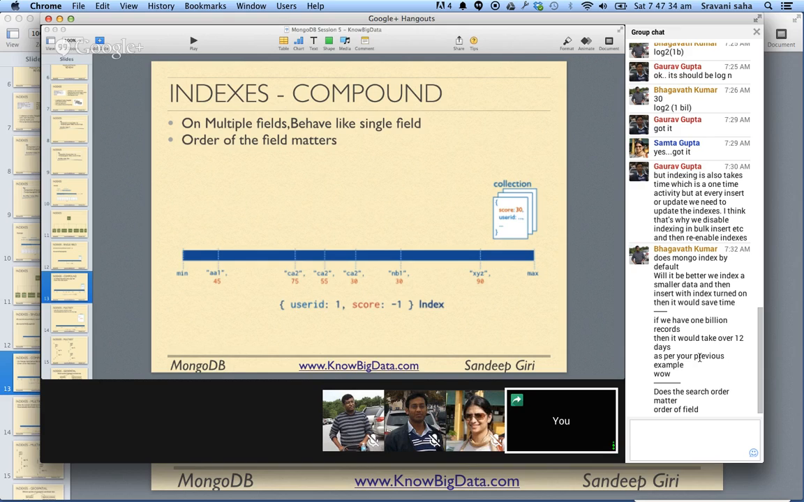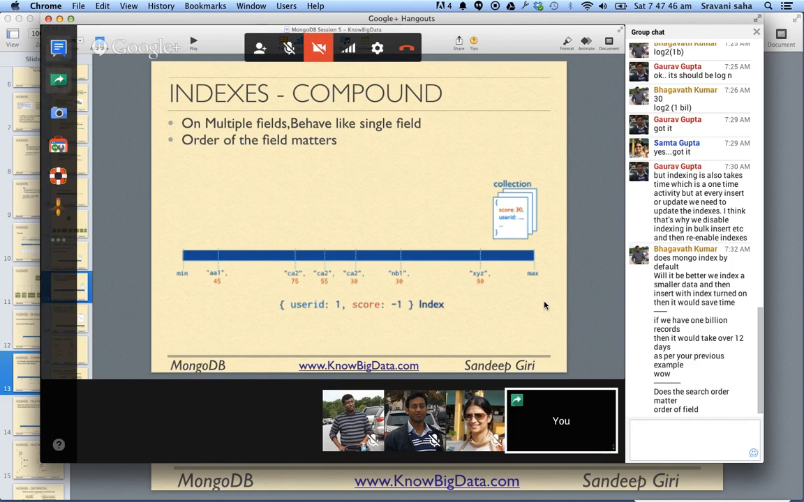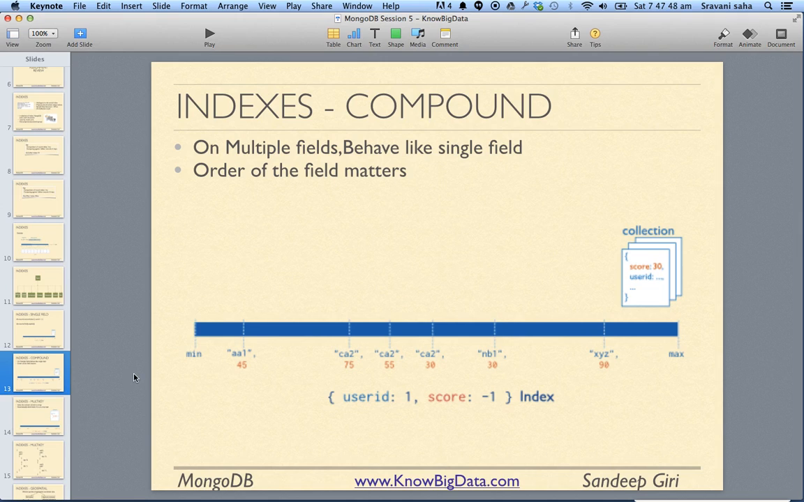Does the search order matter? Order of the field. I did not get, Bhagwat, your question. Does the search order matter? Order of the field. Okay, maybe you need to rephrase it a bit. So this is what is called compound index, where we index a collection based on two columns,